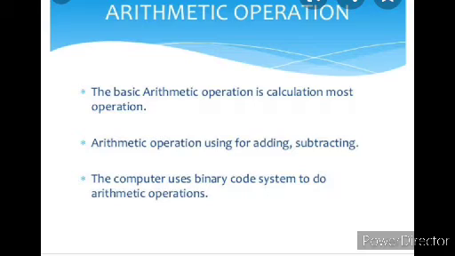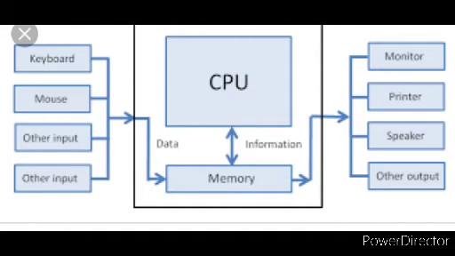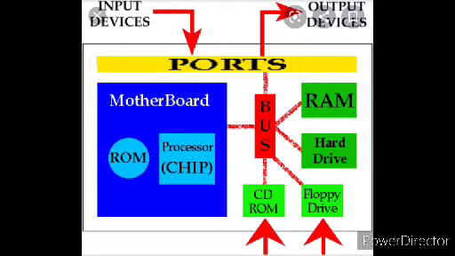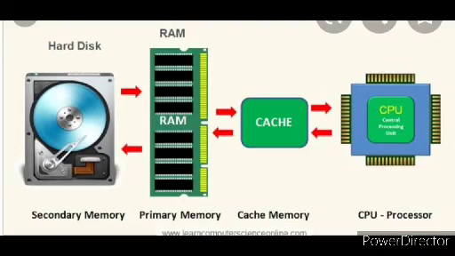And after that it comes to the memory unit. The memory unit saves all data and information temporarily. We can classify the memory unit into two types, namely primary and secondary memory. Secondary memory means externally, with the help of which we can save data, like the compact disk, that is CD, and then the pen drive.